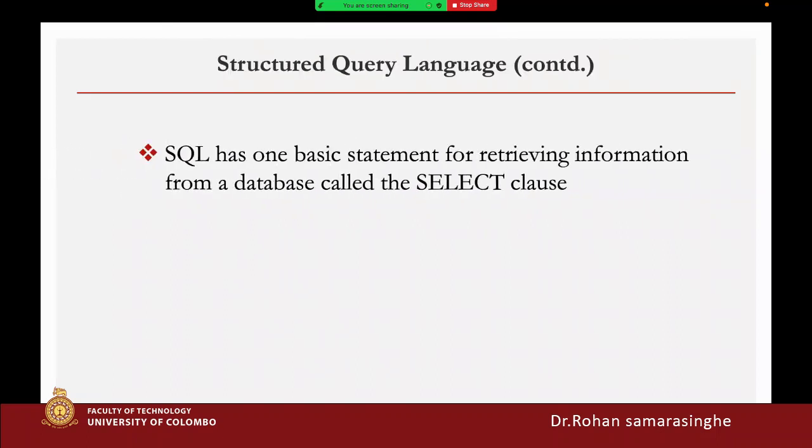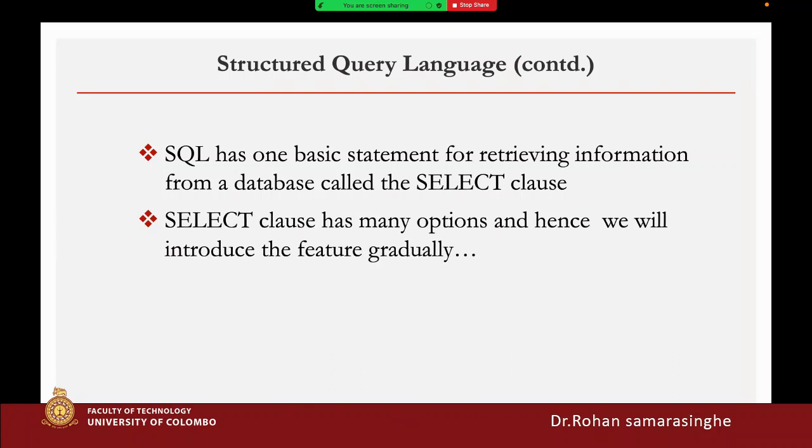Structured query language has one basic statement for retrieving information from the databases, called the select. Normally we use the select clause. Select is the most important keyword or clause that we have to use in the structured query language. Select clause has many options, and hence we will introduce features gradually, so that you can understand how to use select in different ways to retrieve the required information,